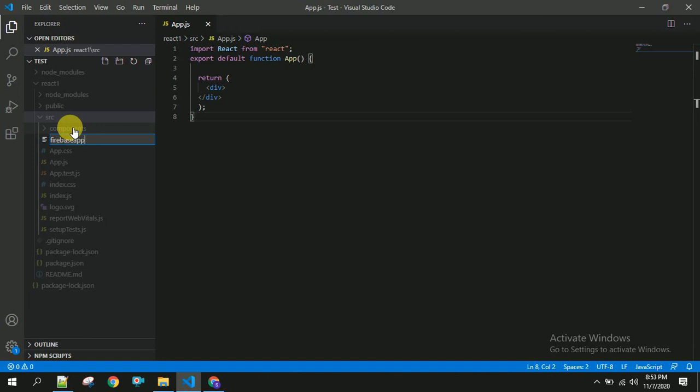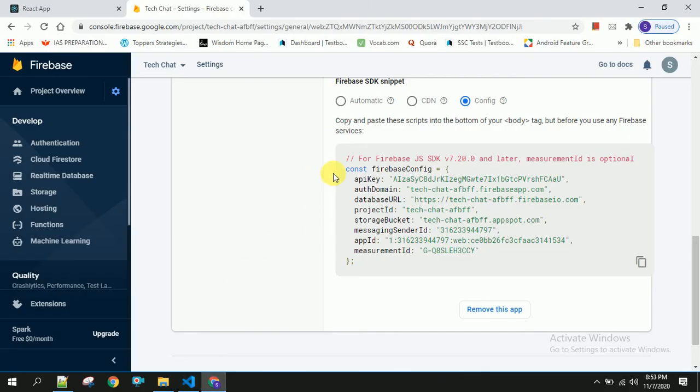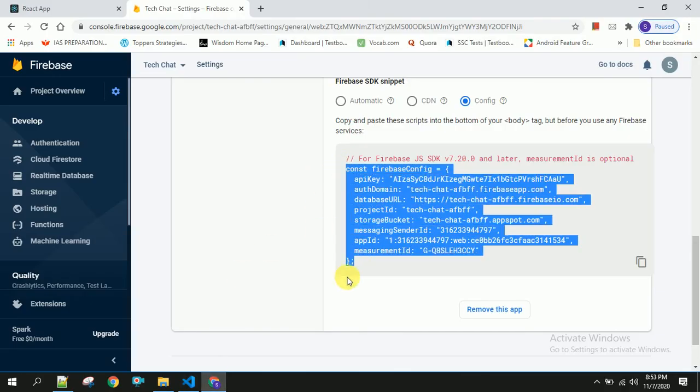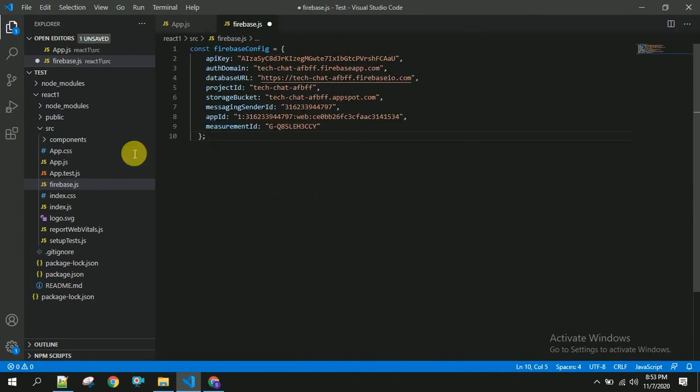Firebase application dot js or firebase.js, whatever you want. Open this file and copy this and paste here. So this is how we will be setting up the Firebase in our application.